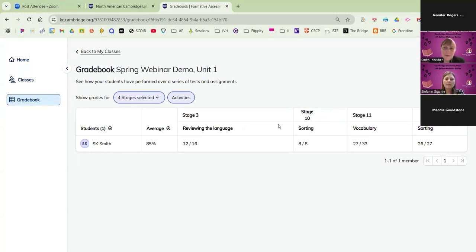And then you can set some data-based standards. Like, I'm going to give you all the activities in stage 10. I want to make sure that you have an average of 100 in all of them before you move on to stage 11, or some similar conversation. I really do think being able to select those things out is essential for your feedback to improve your teaching, for your students' feedback to improve their learning.